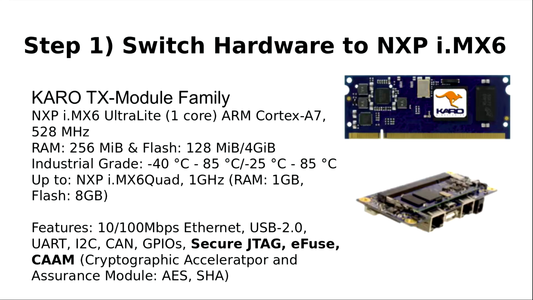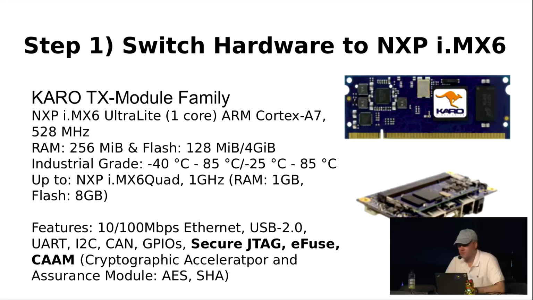And I'm sorry to tell you that the first step is you have got to switch the hardware, because the Raspberry Pi will not be sufficient or the right hardware to implement this functionality and this architecture I'm presenting here. So what you need is an NXP IMX6 or a newer version of the NXP processor family, ARM Cortex A7,